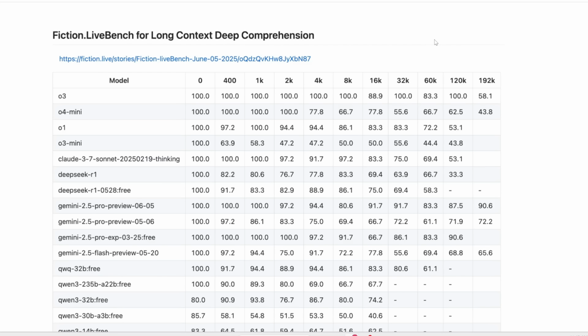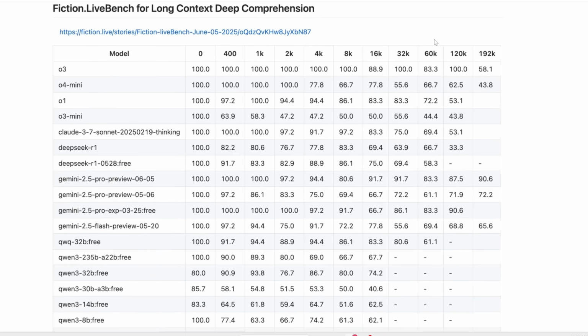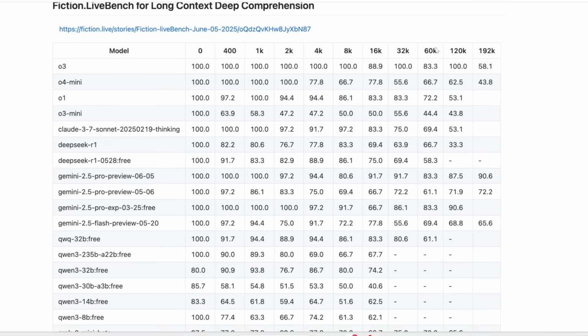Now, yes, it can fit in a ton of data from your prompt at once, but how good is it in actually analyzing and understanding all this information? Well, here's another leaderboard called Fiction Live Bench, which tests an AI model's ability to understand the context of really long prompts. So you can see for the last 3 columns, here is if the prompt is 60,000 words, here is 120,000, here is 192,000 words.